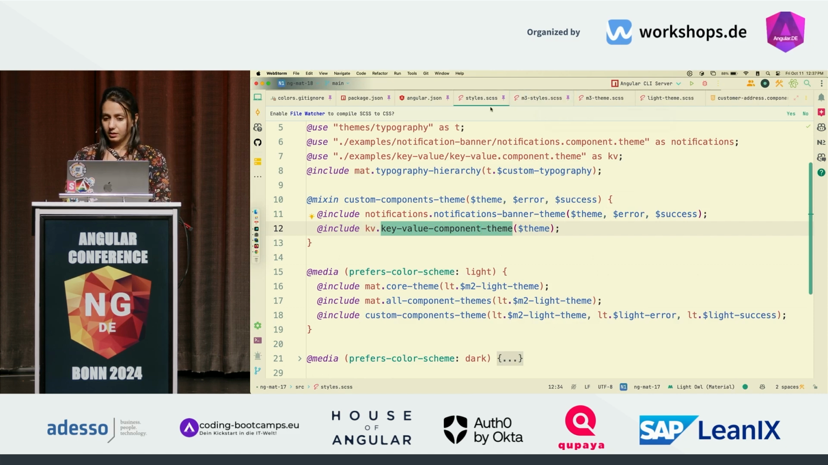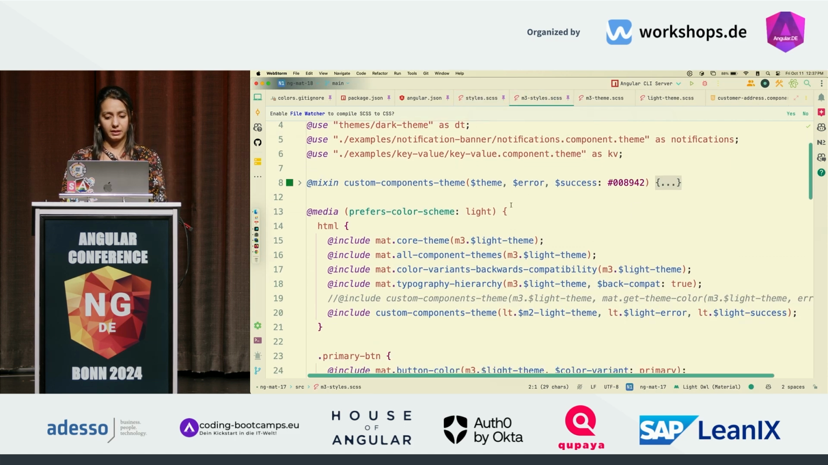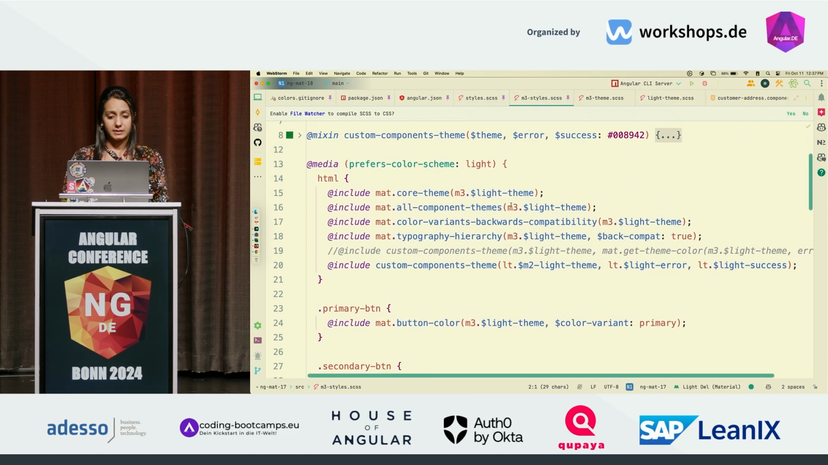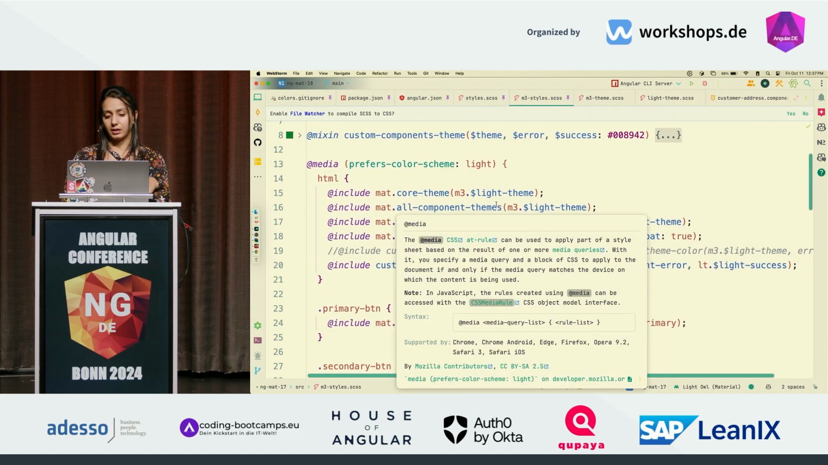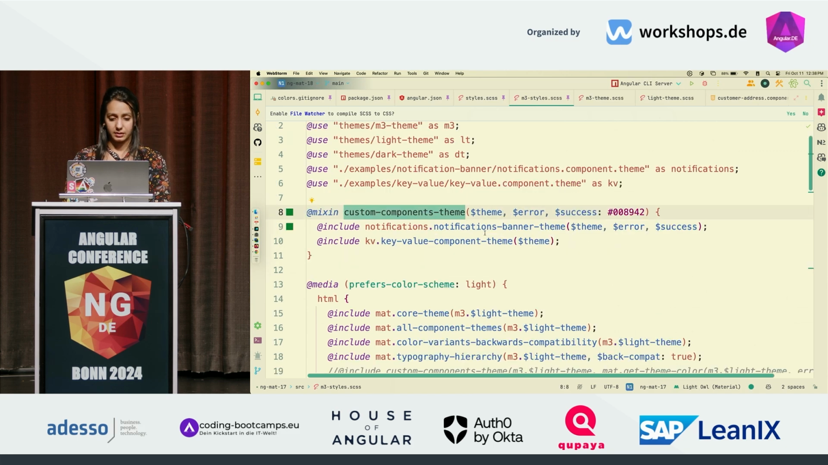And so again, the styles file is just what I had up until now. After I generated the empty theme file, this is what I will be using. And I've just copy-pasted all the imports and everything over here. But you can see that if I have the light theme, I'm going to pass it to all the material components, but I actually am not ready to update all my custom components